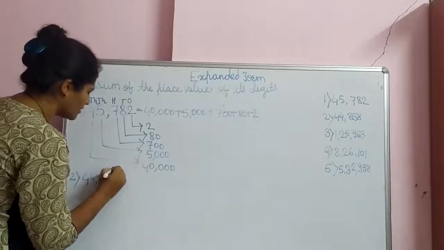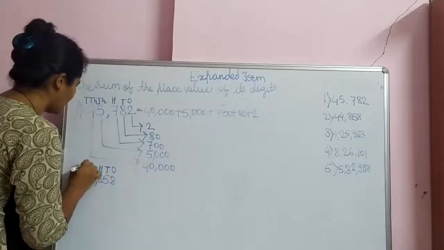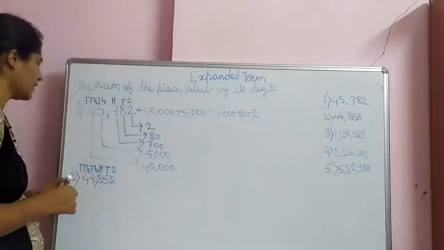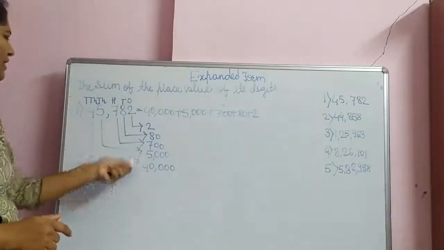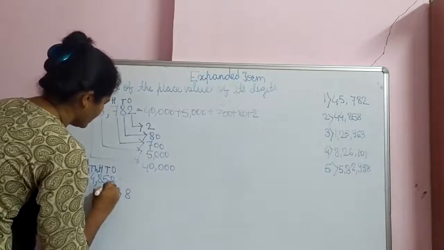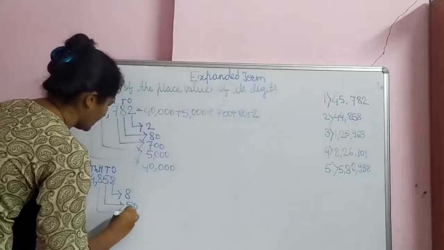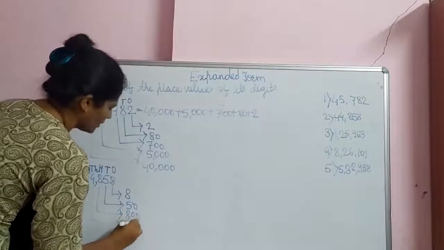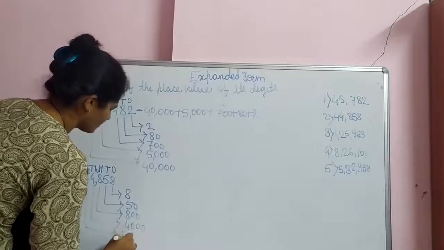Okay. After that we write the Indian place value chart. So what is that chart? This is the ones place, tens, 100, 1,000 and 10,000. This is the Indian place value chart. After that what we have to do? Next we have to write the place value of each number. So place value of 8, of this 5, that is 50, 8 is 800, 4 is 4,000 and this 4, that is 40,000.